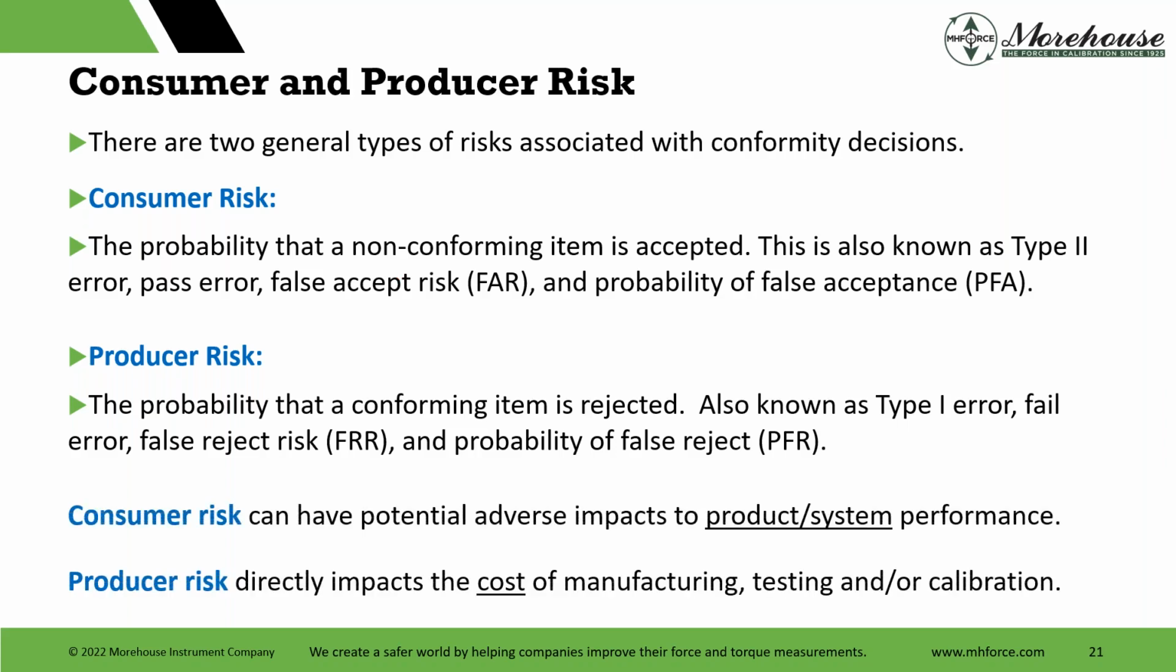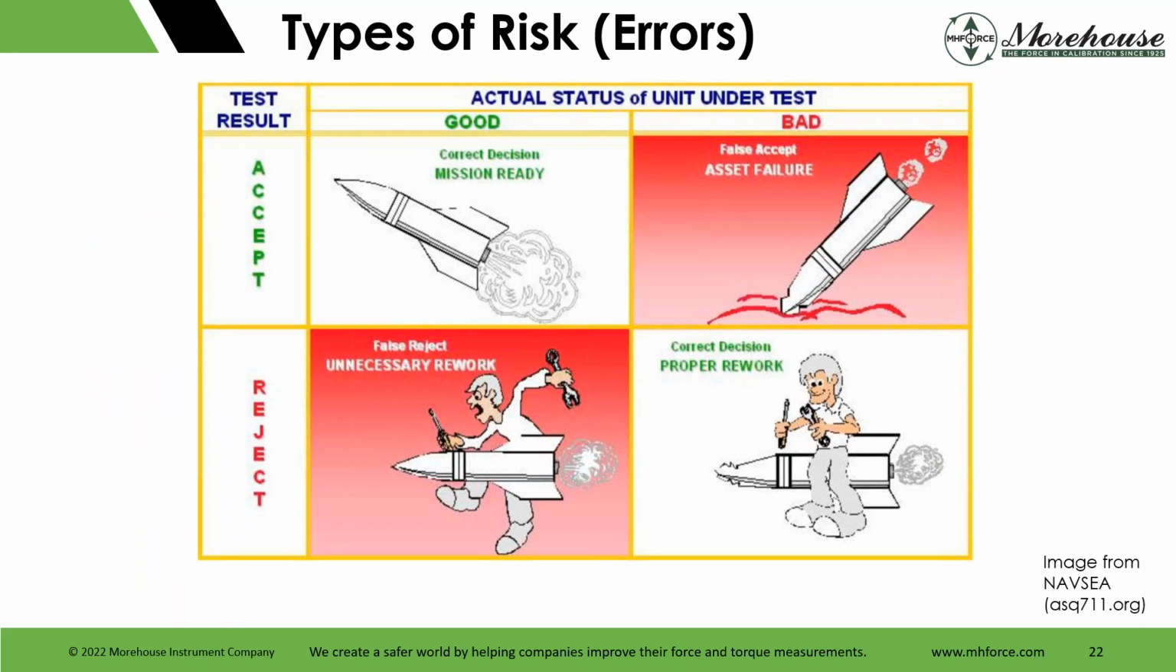So the easiest thing I can say here is if we're looking at what this means, consumer risk can have potential adverse impacts to a product or system performance, and producer risk directly impacts the cost of manufacturing, testing, and calibration. I love this slide from NAVC. It's really what we're getting at. We want to avoid these things, the bad items, right? False accept means, hey, we shoot a missile, it doesn't land where we want it to land or doesn't make it to its target. False reject,